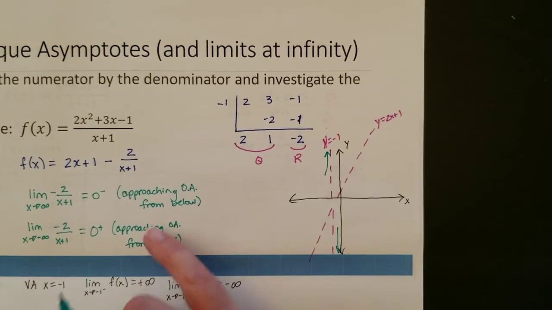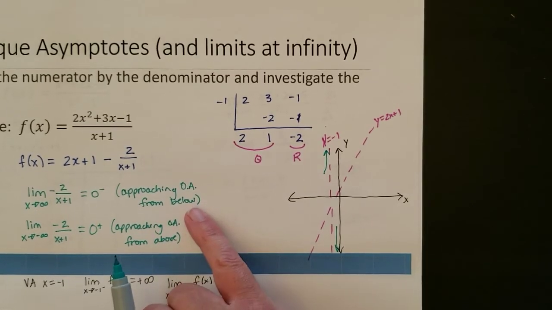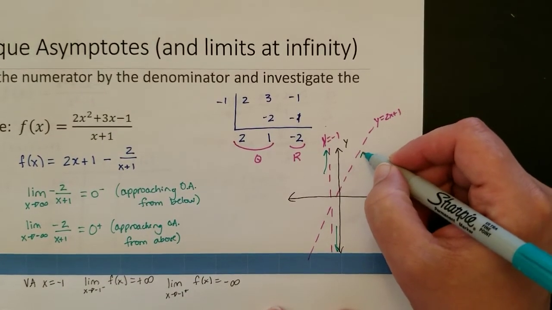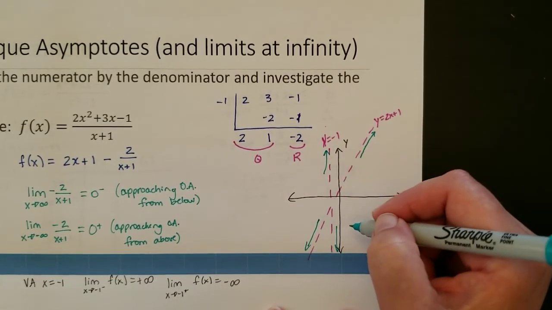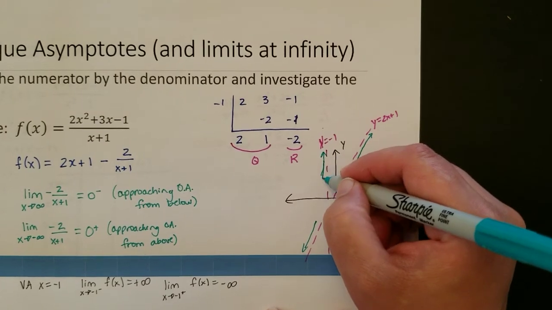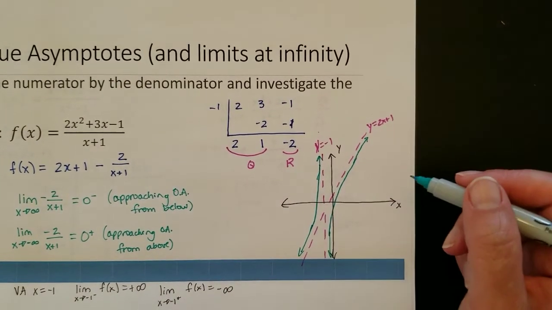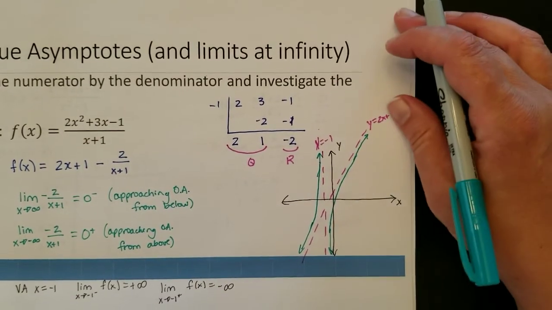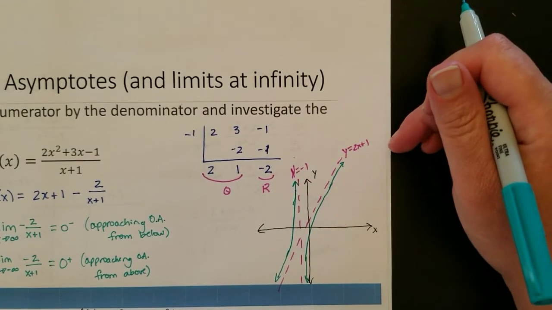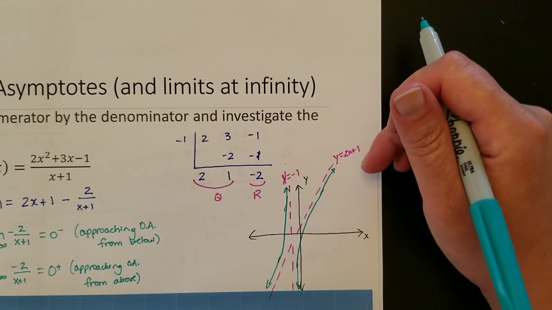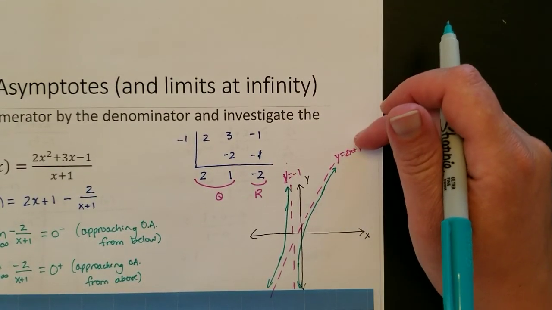Now I also have similar behavior about my oblique asymptote. So I'm approaching the oblique asymptote from below as we go towards positive infinity, and from above as we go towards negative infinity. So the limit of the function is still going to be infinity or negative infinity as we go towards our end behavior, but we can be more descriptive than that. If it travels along a linear path, we want to be able to describe that, because it's not just randomly zooming off towards infinity, it's going closer